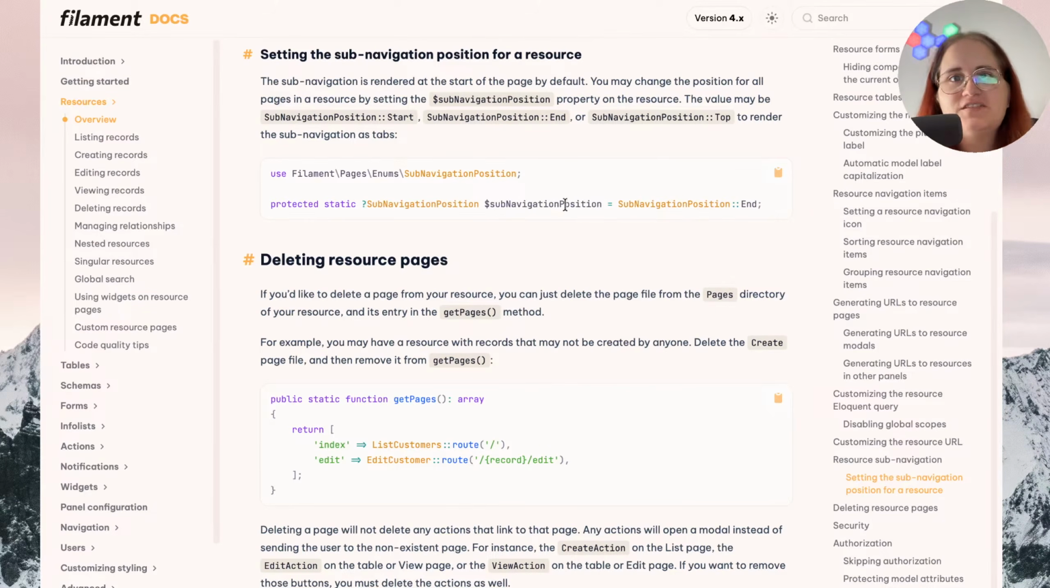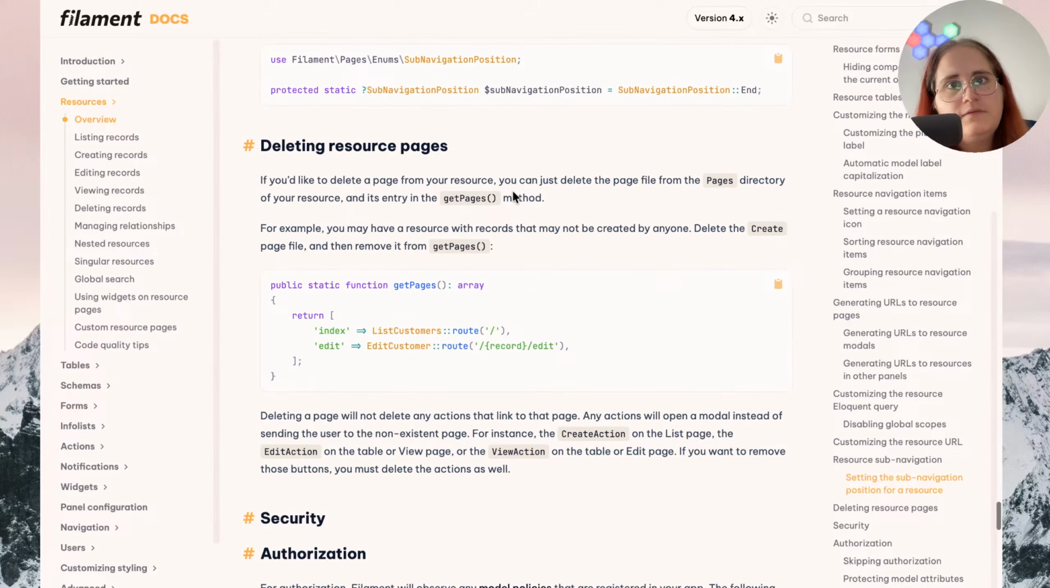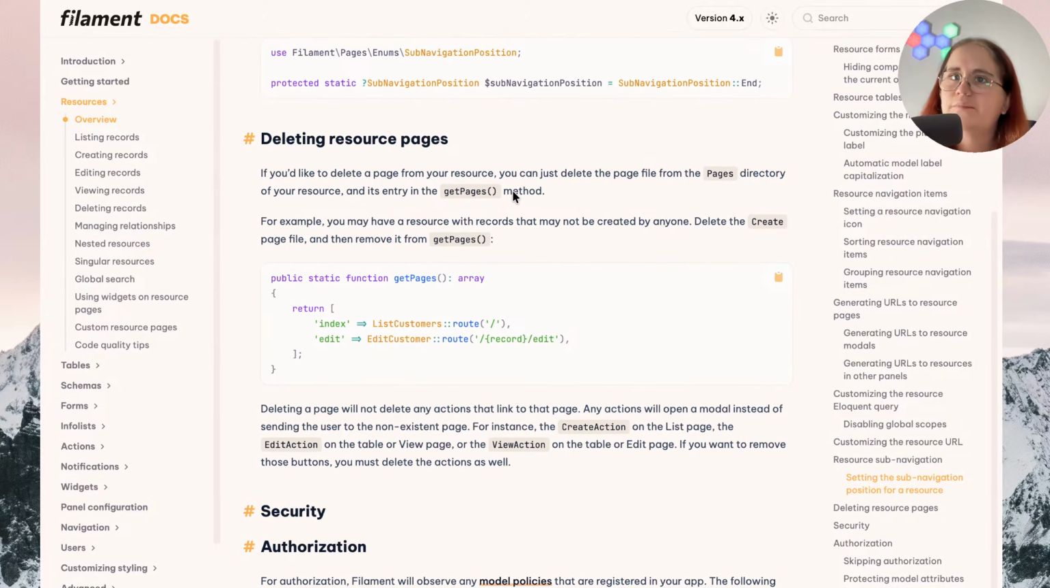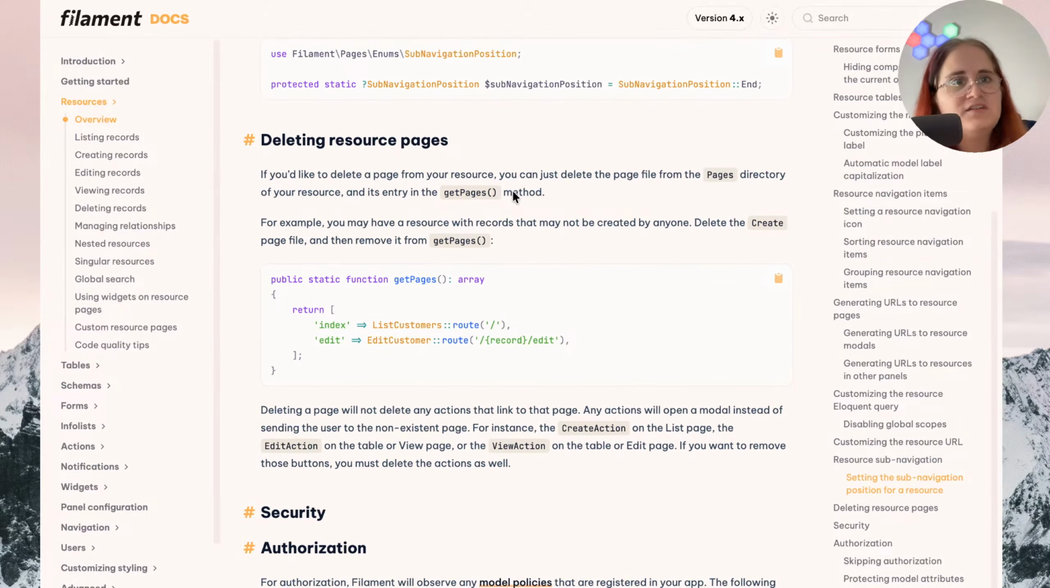The subnavigation is rendered at the start of the page by default. You may change the position for all pages in the resource by setting the subnavigation position property on the resource. The value may be SubNavigationPosition::Start, SubNavigationPosition::End, or SubNavigationPosition::Top to render the subnavigation as tabs. Use Filament\Pages\SubNavigationPosition; protected static SubNavigationPosition $subNavigationPosition = SubNavigationPosition::End;